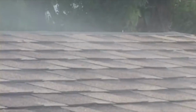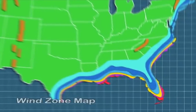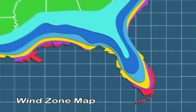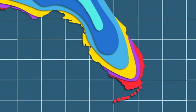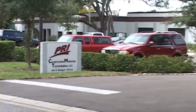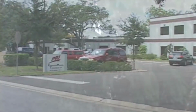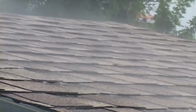Category 3 hurricane. The machine was designed to test for one of the toughest local building codes in the country, Miami-Dade and Broward County's South Florida's high-velocity hurricane zone. To put GAF's Advanced Protection Timberline shingles to the test, we asked PRI Construction Materials Technologies, an independent testing facility that does testing for Underwriters Laboratories, to crank up the monster and blast our Timberline shingles with their most severe